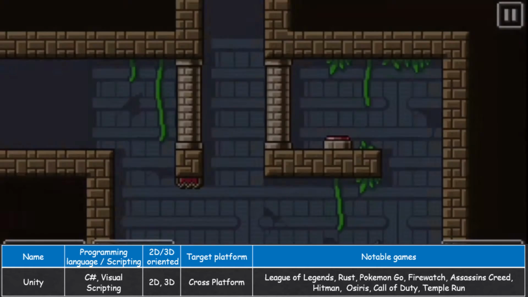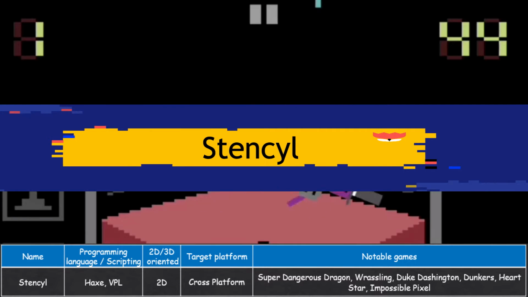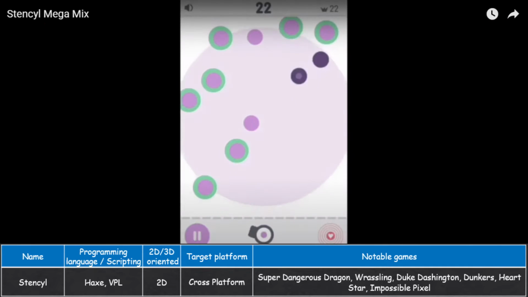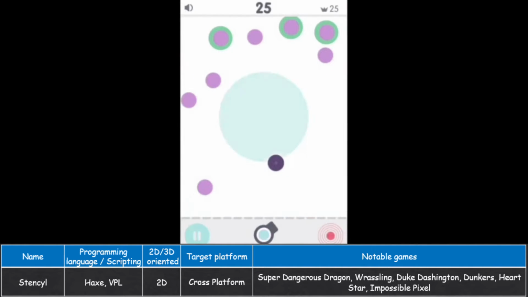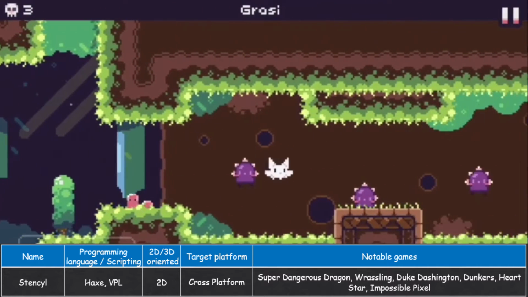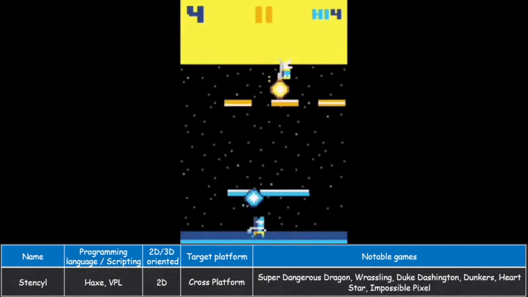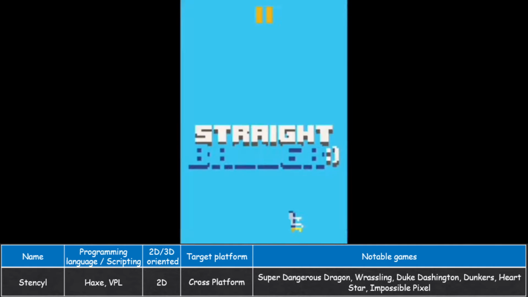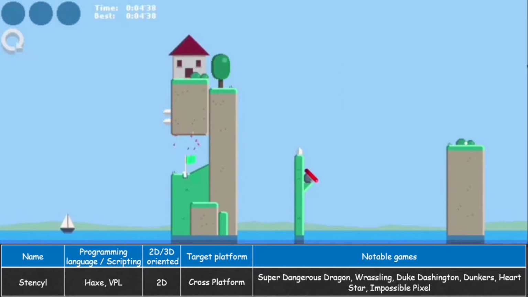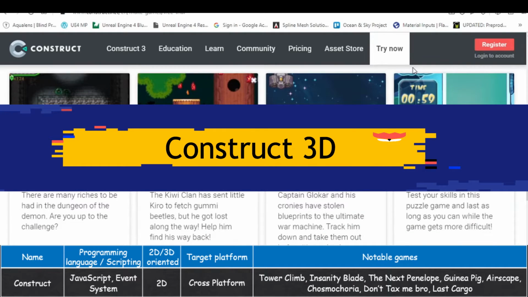Number 3 in the series is Stencyl. With this toolset, you can make Flash games faster than with any other program out there. The interface features a drag and drop system along with blocks of code for you to utilize. Stencyl isn't your average game creation software. It's a gorgeous, intuitive toolset that accelerates your workflow and then gets out of the way. While you can make great games with Stencyl, it's often a tool used by developers to make quick prototypes of their game ideas.